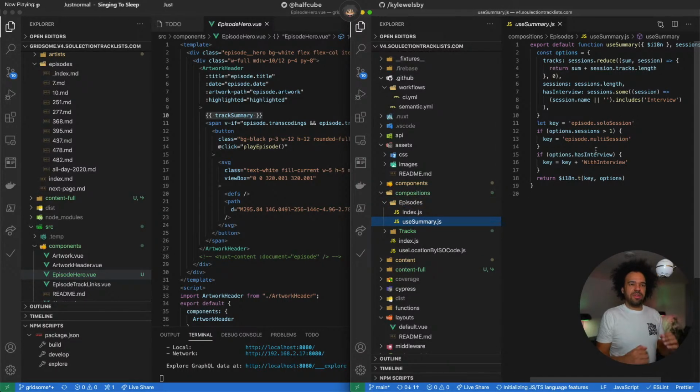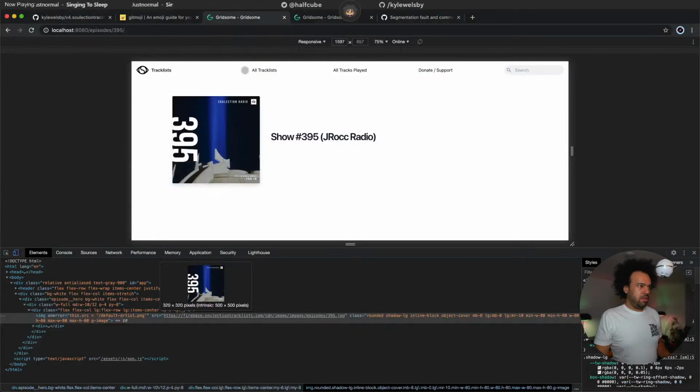And it goes through all of the sessions or chapters and finds tags, like if it's got an interview, and translates them down. It gives us a particular key for it to display out certain things. I think it might be ideal to add that in. So let's have a look, see on